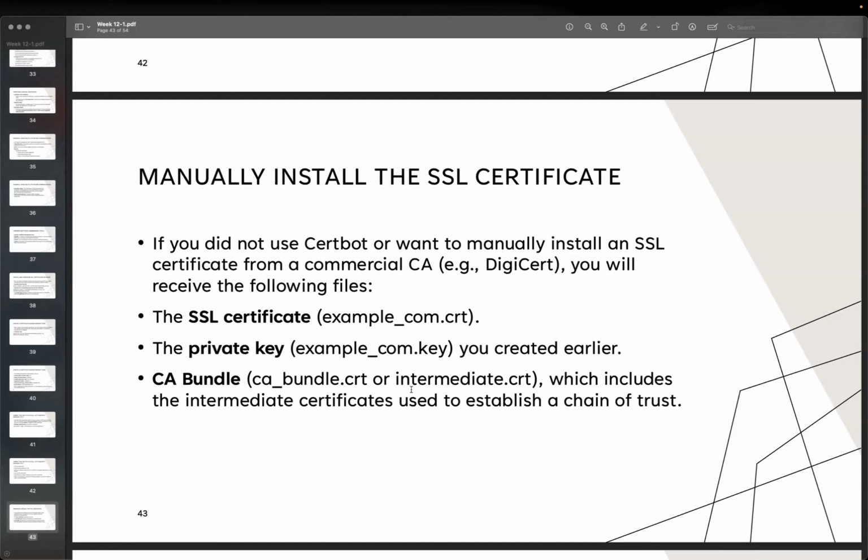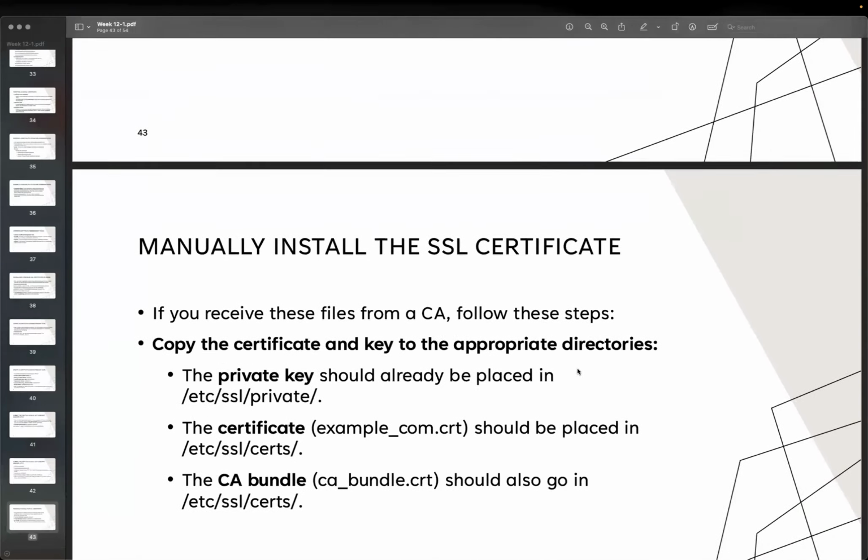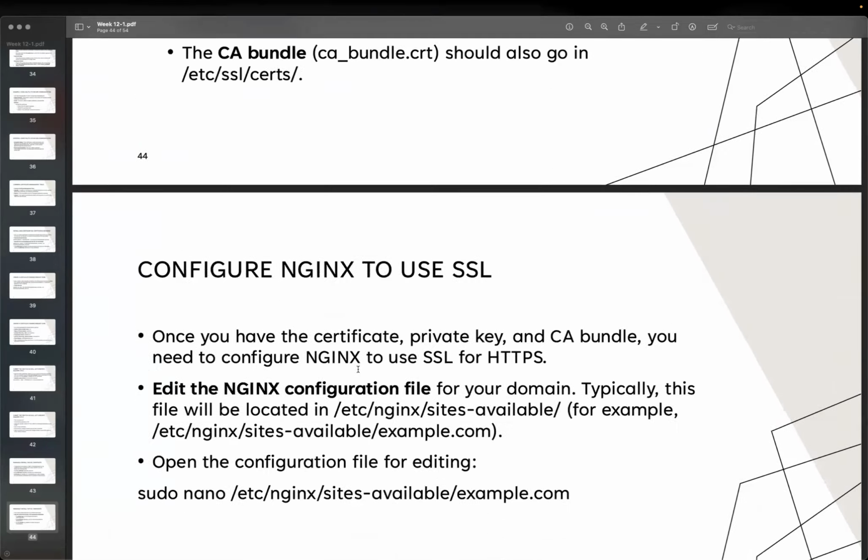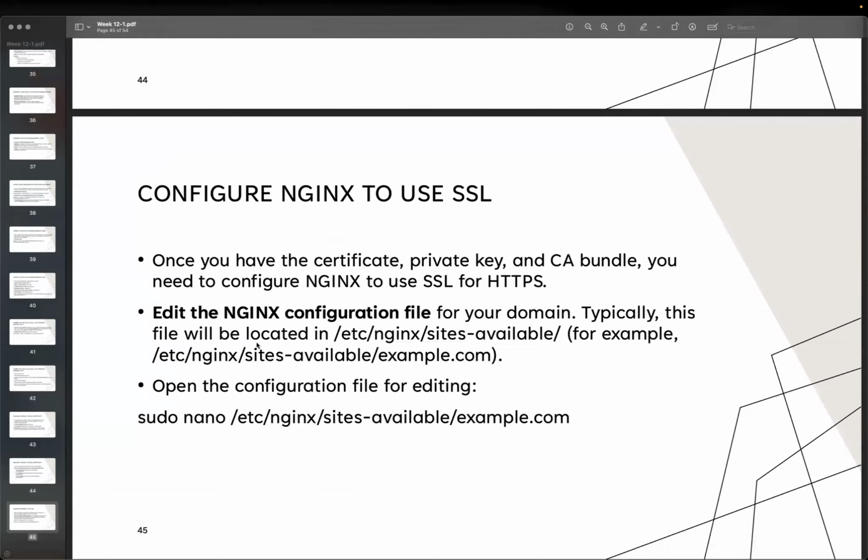If you remember, we covered the chain of trust in the last part. Then you can put it in any directory. This part is just an example. You can put it under /etc/ssl/private or any location. So put our private key, certificate, or the bundle certificate under here. And after we save it, we just need to